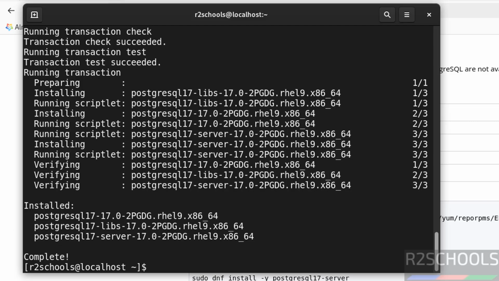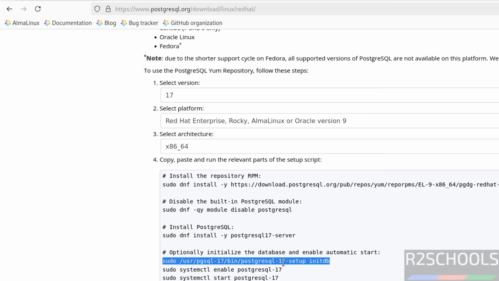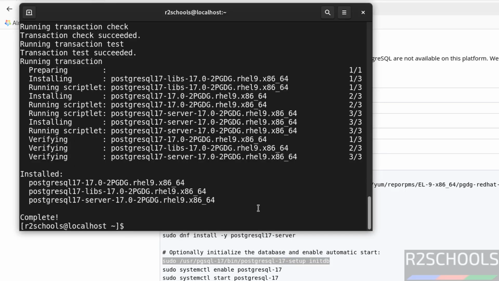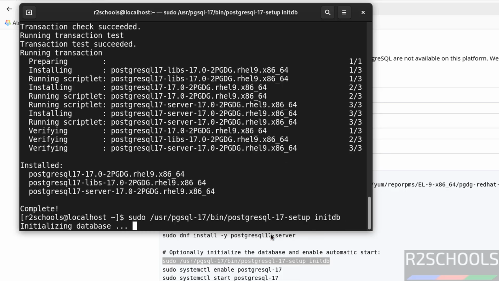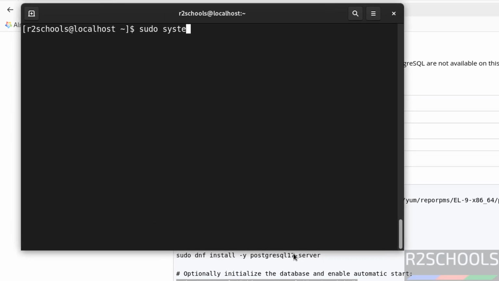We have successfully installed PostgreSQL 17. Now, optionally initialize the database by running this command. Copy it, paste it, hit enter. Now verify the status of the PostgreSQL service. Sudo systemctl status postgresql